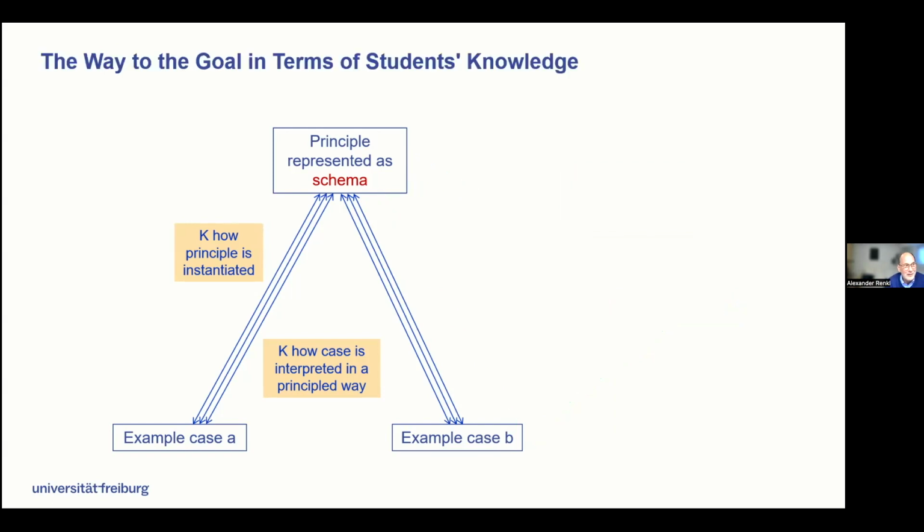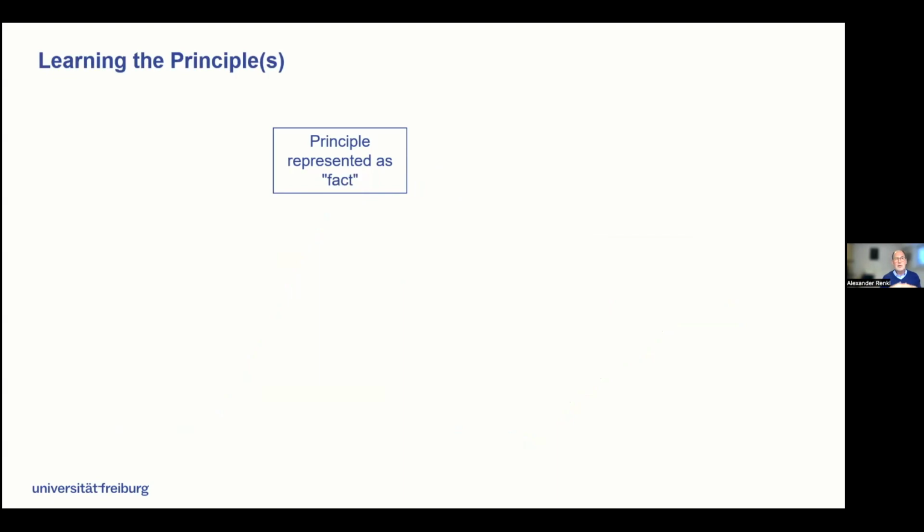Yeah, and what is the way, so to say, I've told that verbally, but in different terms, more with graphics, to come to this type of knowledge. The principle is represented with many more than 2 cases, I just took 2 for simplicity. So first you have introduced a principle as a fact, as I said, so they don't really understand it. Of course, if you introduce the multiplication rule, you would also say, imagine there's a dice, you throw it twice, but just a minimal amount of very simple